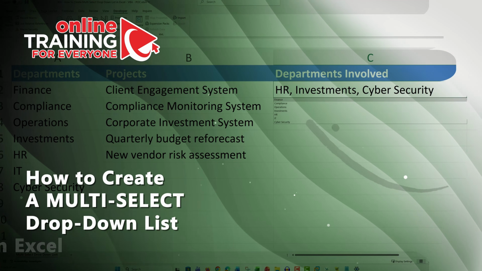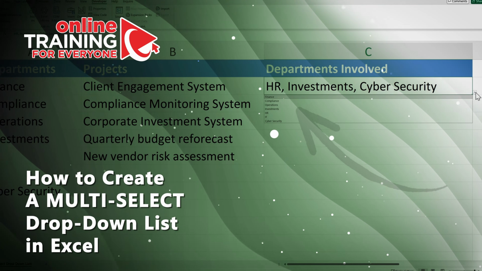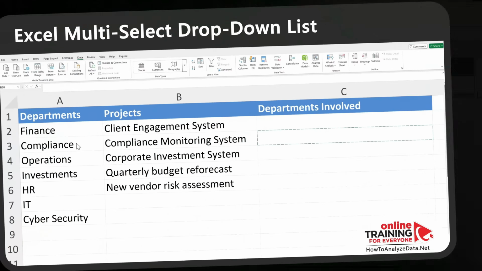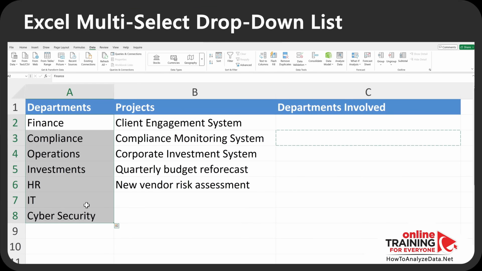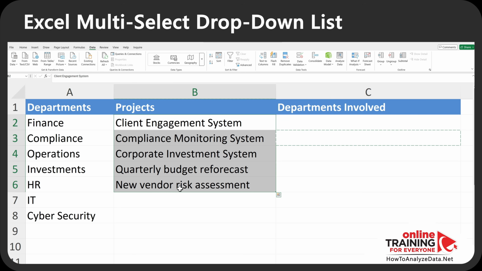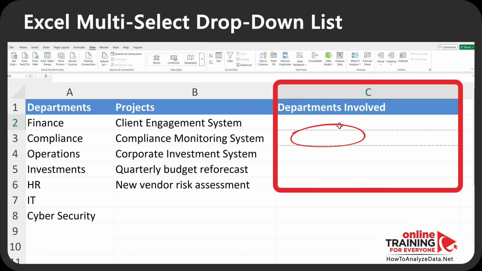Let me share with you how to create a multi-select drop-down list in Microsoft Excel. Here's a challenge. I have a list of departments in my spreadsheet in column A. I also have a list of projects where multiple departments are involved, and they're all listed in column B. And in column C, I would like to create a drop-down where I would be able to select multiple